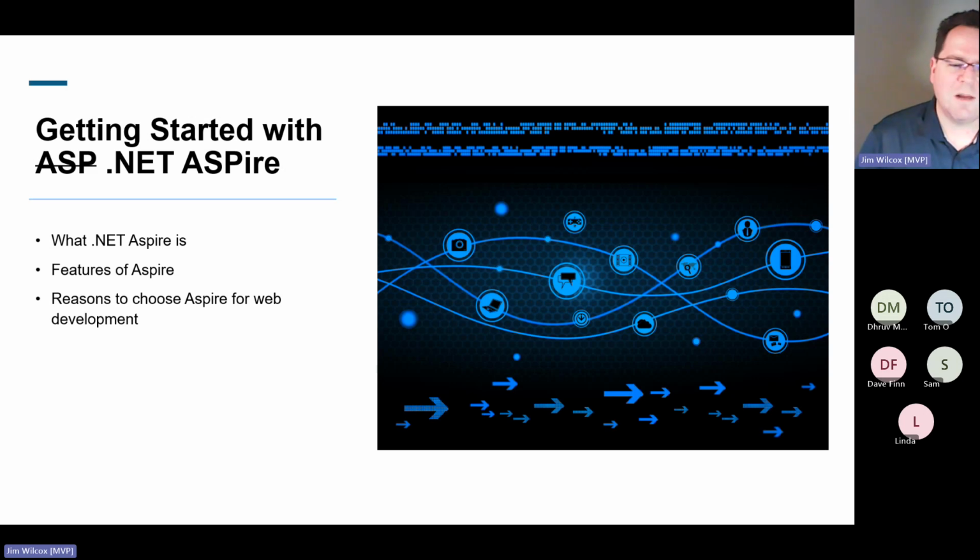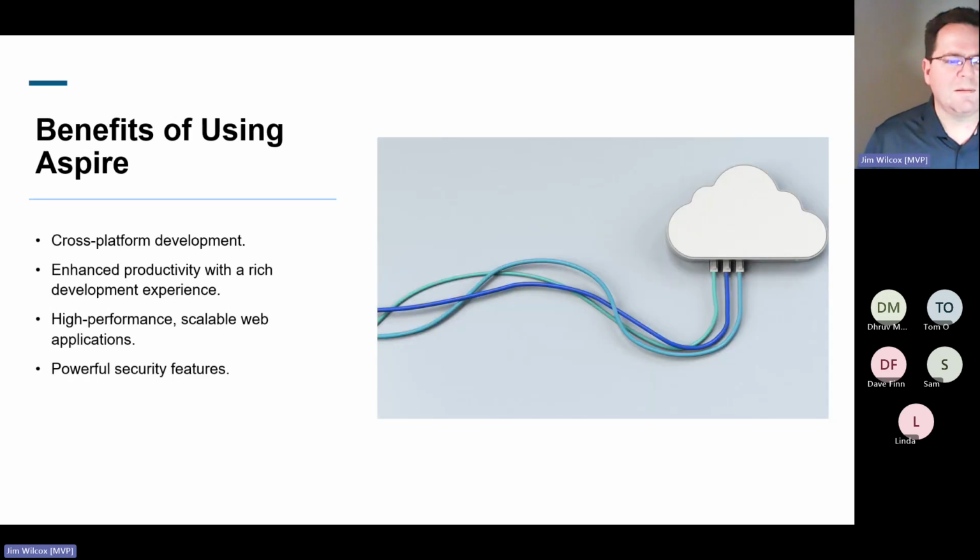This Aspire, however, is really surprisingly easy and relatively low touch to your existing code. So we'll get into that a little bit, but that's basically the idea. There is to containerize, and well, not necessarily to containerize, but to make it easy to containerize and deploy cloud apps,